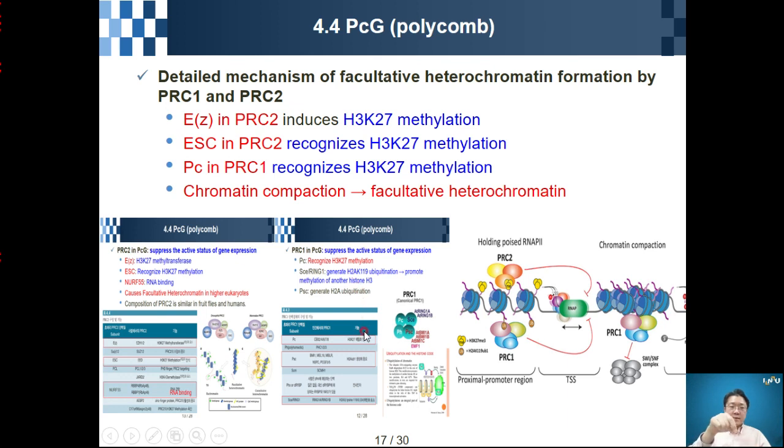We tested whether each subunit shows H3K27 methyltransferase activity, but we found that each subunit did not show its own function. So when we purified the complex, this PRC1 complex,